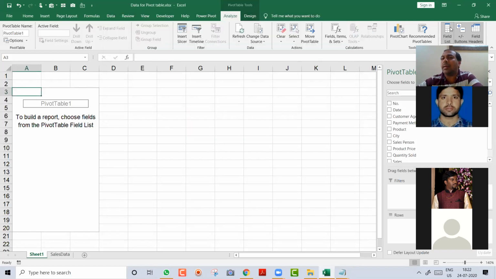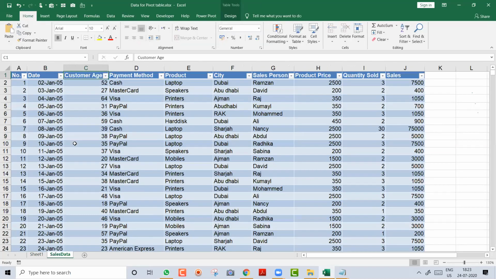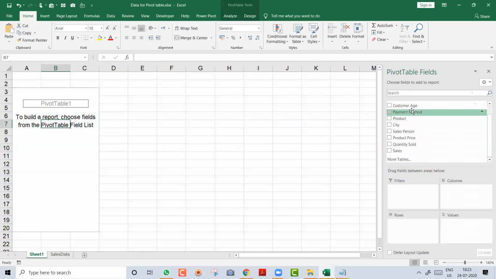I wanted to create a city wise sales, correct? So now friends, this is the area where all your reports are going to come. And on the right hand side, do you see this area? This is your pivot table fields. And here are the column headings. You see product, city, salesperson, all the names of the columns are there. In sales data, we have the heading in the first row, and all the headings have come. That's why I told you if a heading is blank here, it would not come. It will be having a problem. So these are the column names.